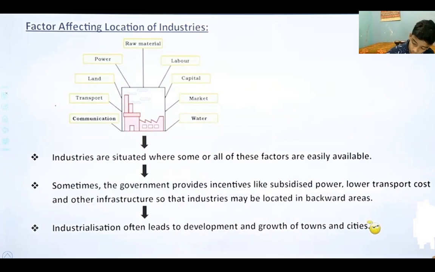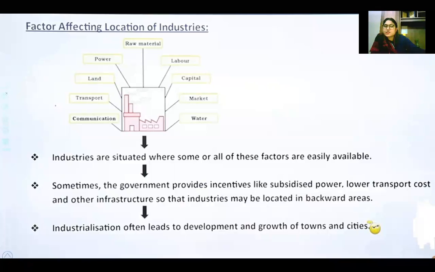And for industrial regions, the government looks, then they think that fine, we are getting good taxes from that region, so then they provide all the facilities to that area. Okay, so sometimes it is like that all the factors are priorly available, but sometimes there is a group of factories, and that is called an industrial region. Okay, and then the government also looks into their profit, and they provide all the resources to that region. So sometimes the government provides incentives like subsidized power, lower transport cost, and other infrastructure, so that industries may be